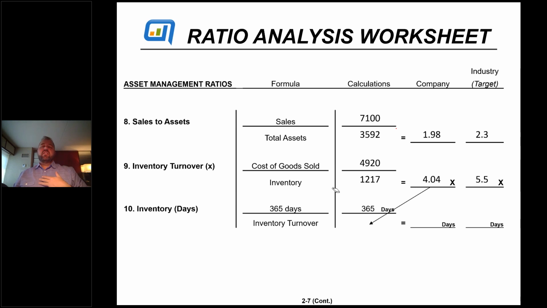In order to understand speed, we convert the turnover rates to days, right? Because we can understand days better than turnover. So when I take 4.04 and divide 365 by it, it takes me 90 days. Now it makes a lot more sense. Oh, every 90 days I buy more inventory, or it sits on the shelf for 90 days.